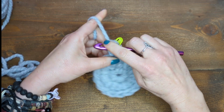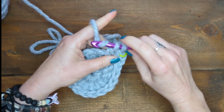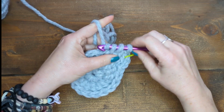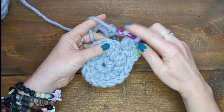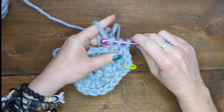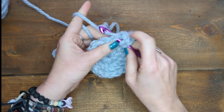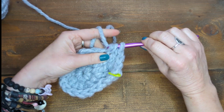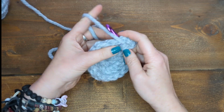Okay, and then in the following stitch we're gonna do 2 double crochets in the same stitch. Okay, there we go. Okay, so in the next one, that's this one here, we're gonna do 1 double crochet. Okay, and in the next one we're gonna do 2 double crochet into that same stitch. Okay, so you continue with this pattern all along row 3, and I'm gonna meet you at the end of